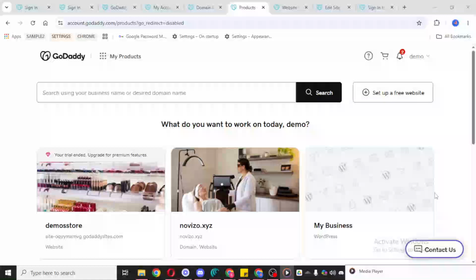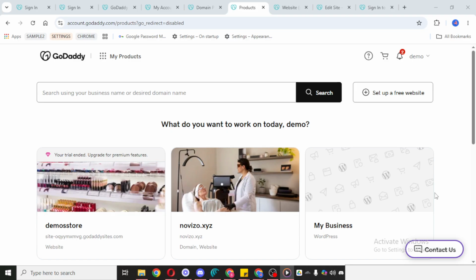In today's video, I'm going to teach you how to connect Google AdSense to your GoDaddy website. If you want to display ads on your site and start setting up monetization, this process is fairly simple once you know where to look inside your GoDaddy account. I'll walk you through it clearly so you can follow along without confusion.